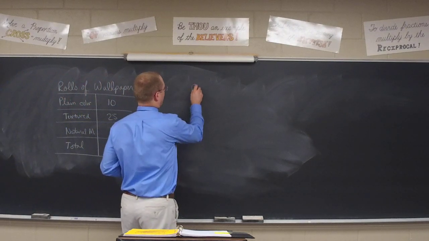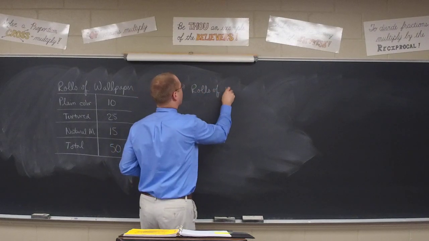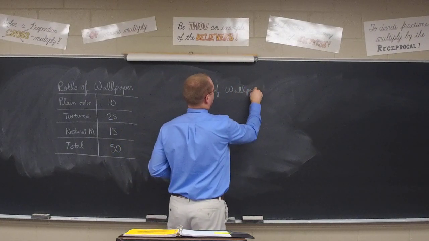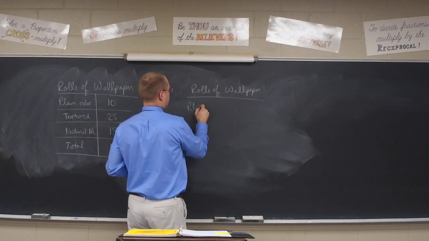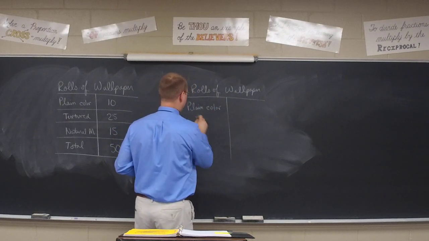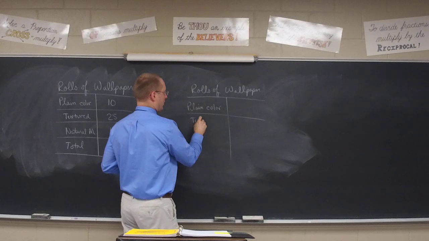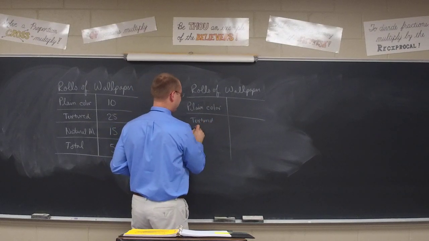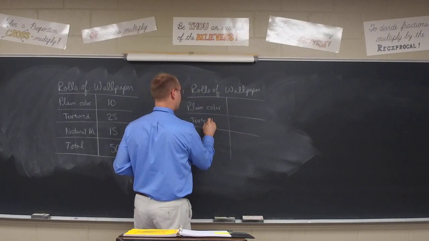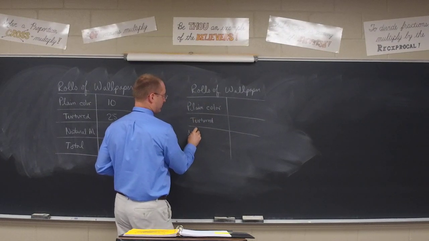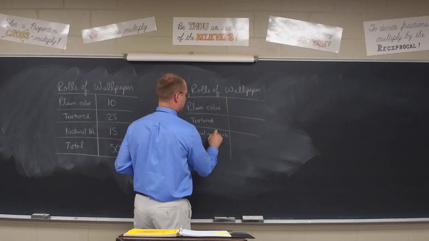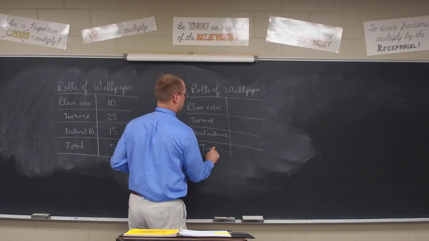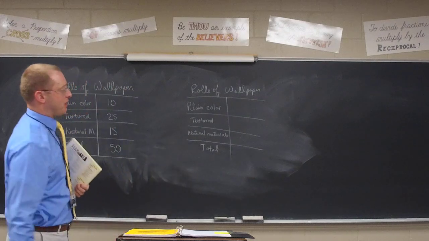So now, rolls of wallpaper. Plain, that's an I, it just doesn't look like an I. Plain color, it's going to be something. Hush pen, textured. And I'll write smaller this time. Natural materials. Total. I already know what's going to go with the total spot, so let's just write it down now,